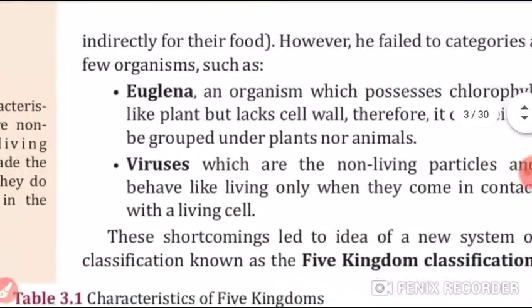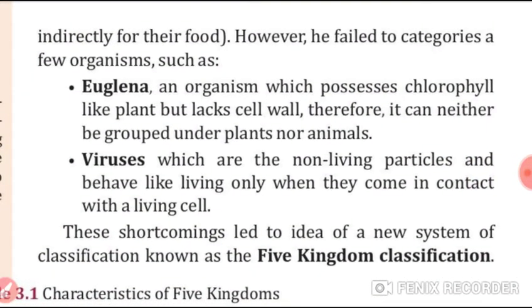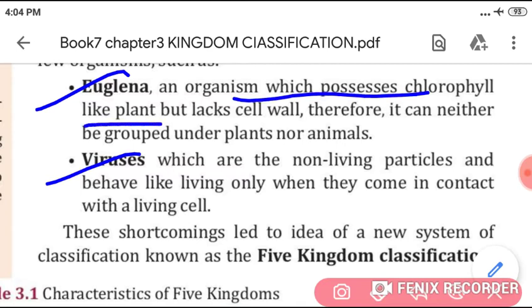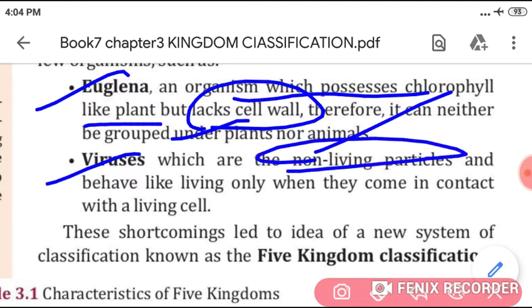So students, what happened is he failed to categorize a few organisms, like Euglena and viruses. Euglena is an organism which has chlorophyll like plants, but it does not have a cell wall. So it is not grouped under plants, nor in animals. Likewise, viruses are non-living particles that behave like living when they come in contact with the living